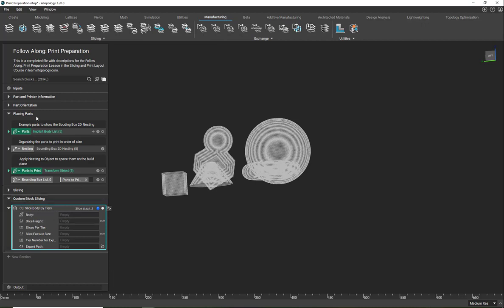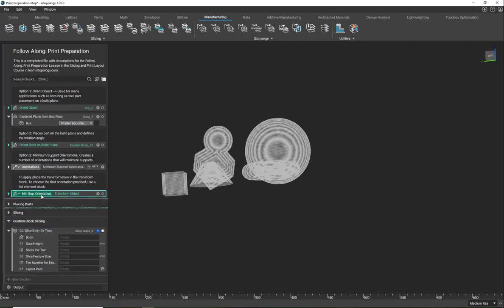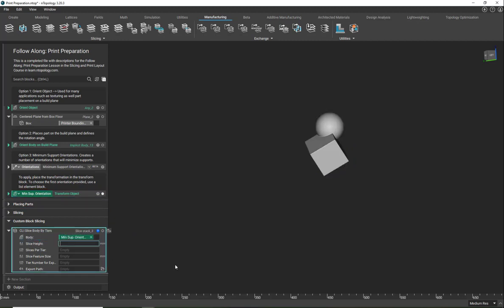So for the body, I'll close our placing parts and open up our part orientation. Let's turn on that minimum support orientation. We'll just use that one. So I'll place this in as our body. Our slice height I'll use as 1 millimeter. And slices per tier I'll choose 7. For our minimum feature size, I'll use 1 millimeter. And tier number for export,